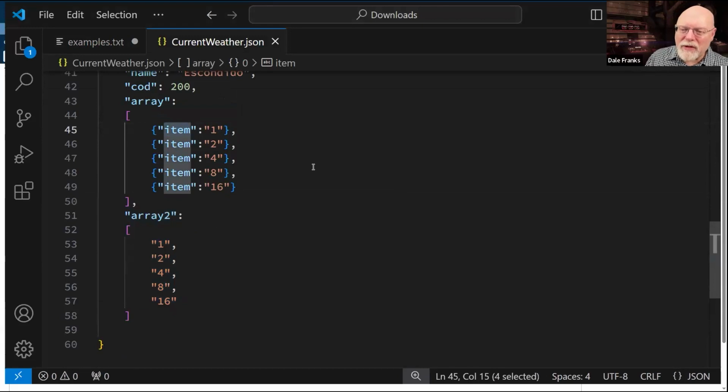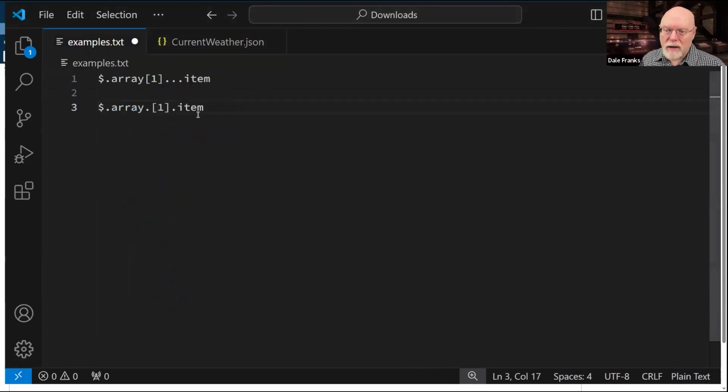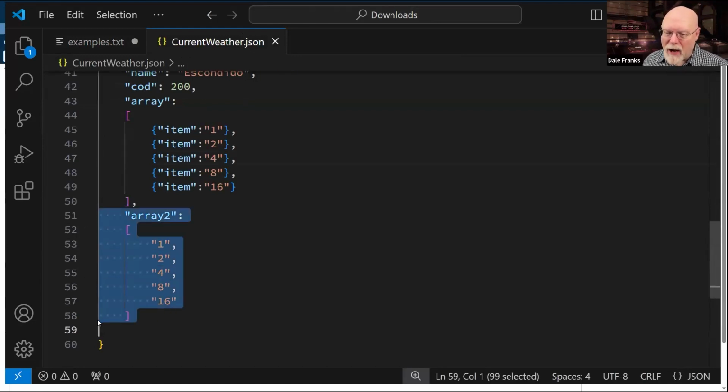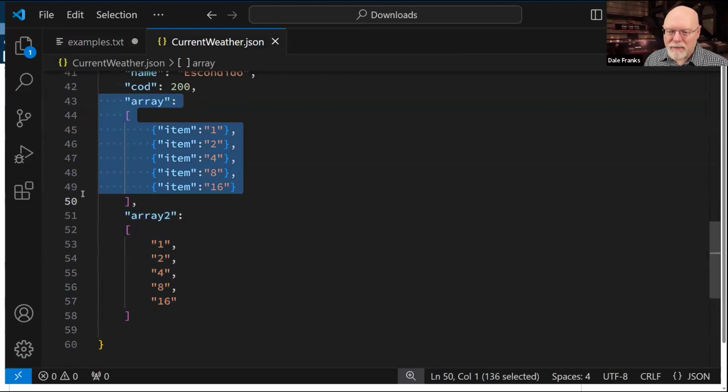So if I prefer the 3-dot syntax to get to item 1, then I've got item as an actual name in this array to specify for my syntax, which is what I did here. I always know that I'm going for the item. But your JSON might not be that clearly marked. I mean, this is just as valid an array as this. I don't like array2 because I would prefer that it be a little more explicit about what I want.